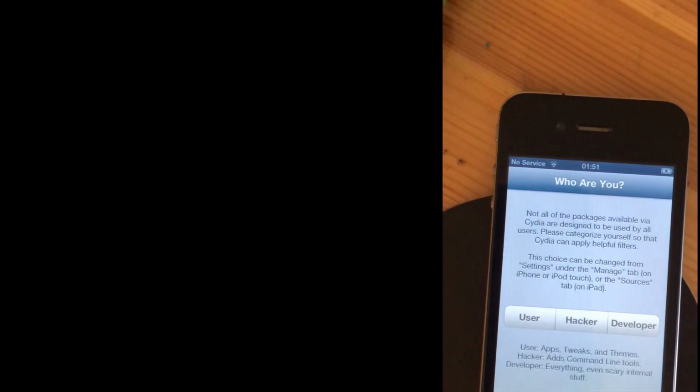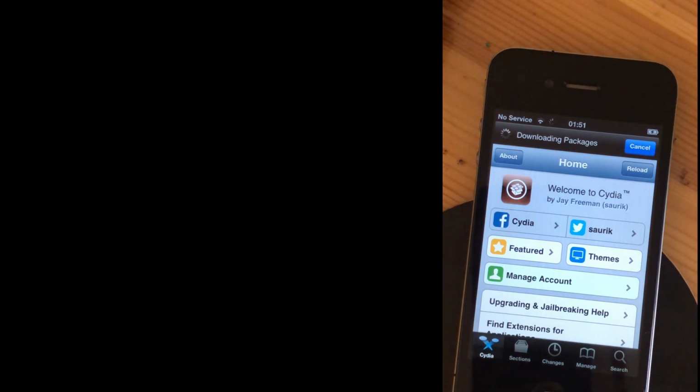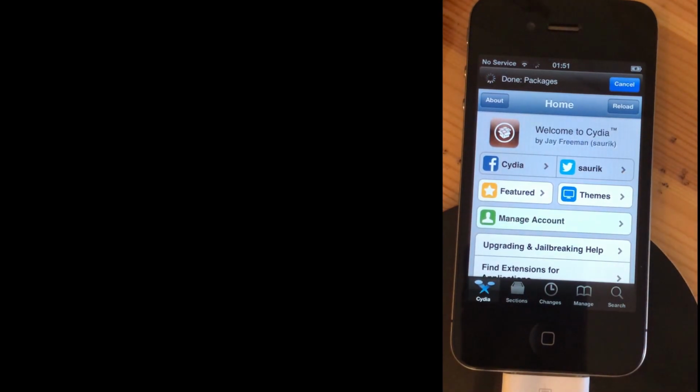If you don't have the Cydia app, I have bad news for you. Because your phone will not boot back into your OS. It will give you some SSH errors, and you will need to restore it from iTunes to iOS 7.1.2. Don't worry, this will not destroy your phone. It's just simply okay.